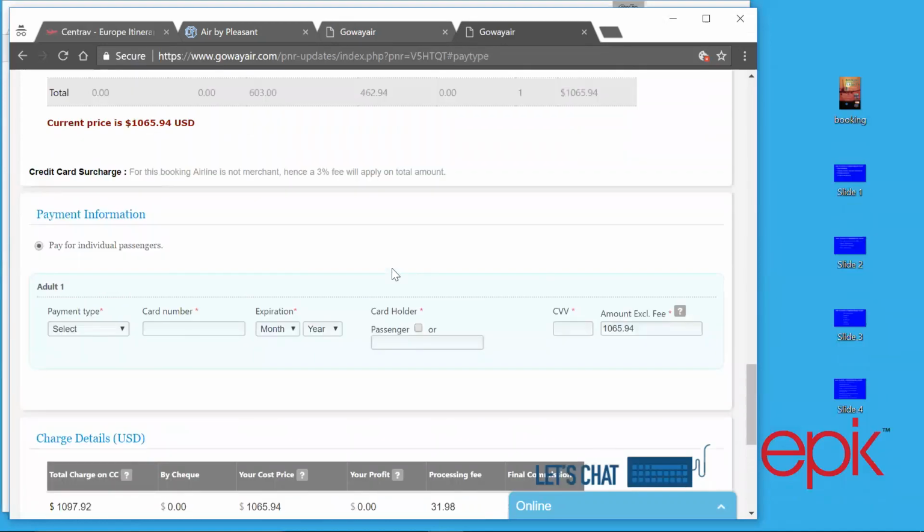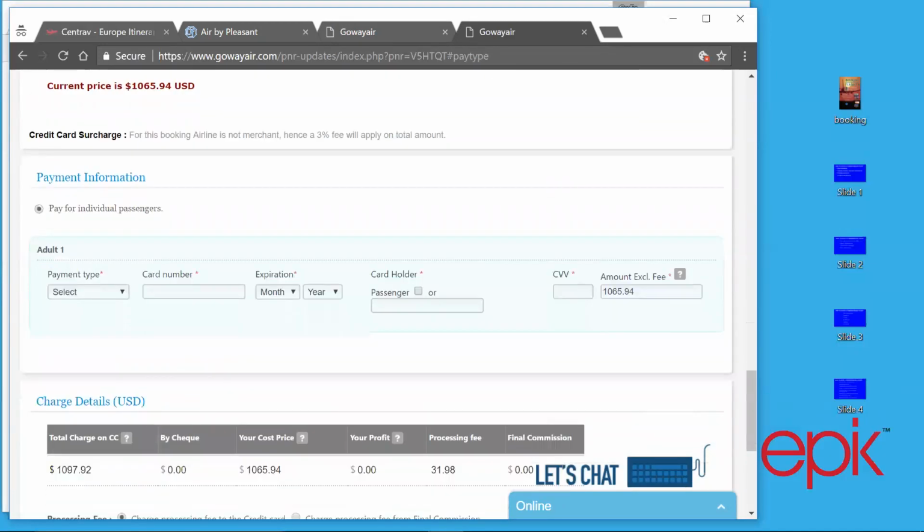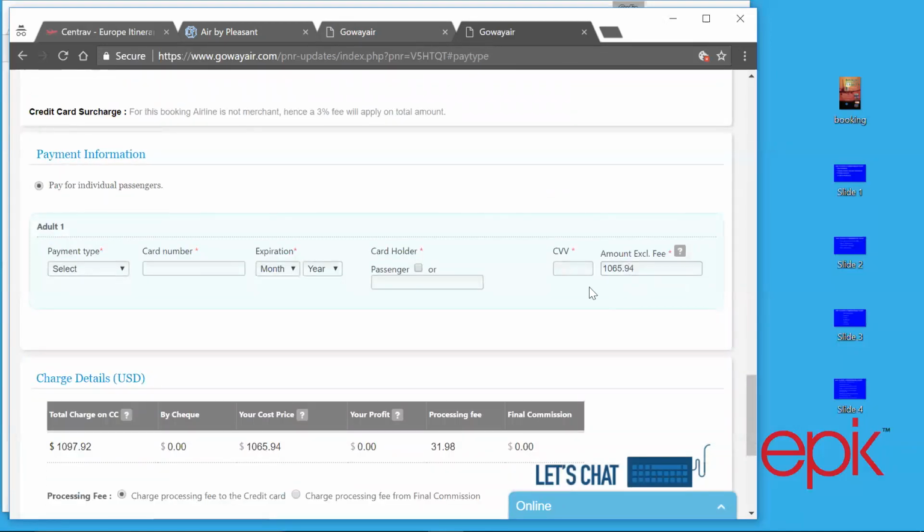Okay, and where you add your commission is here. The regular price that they have is $10.65. We want to add $100 to that, so that'll make it $11.65. Still lower than what the price line has it for. I'm going to show you something real quick. Notice here it says